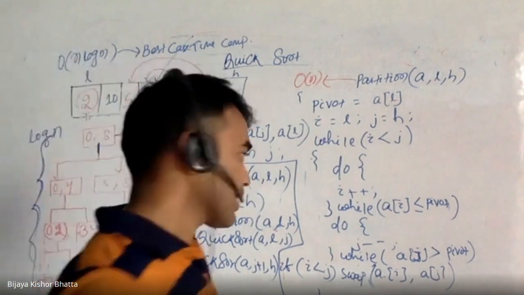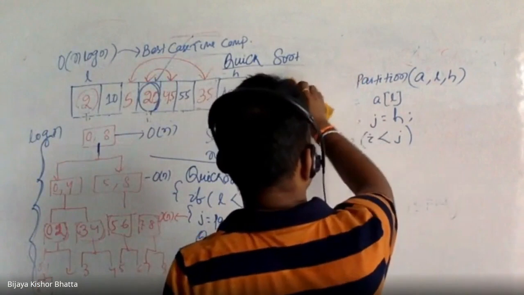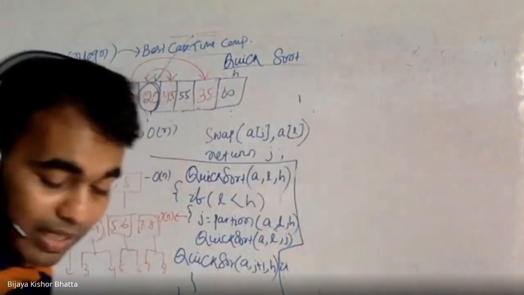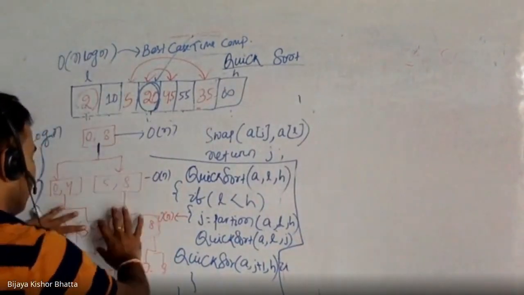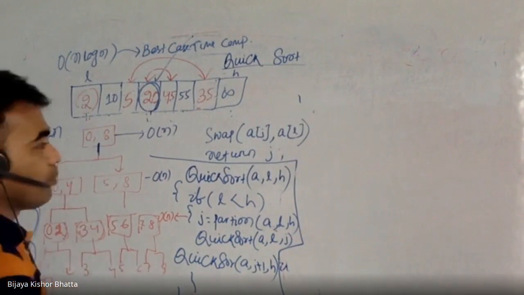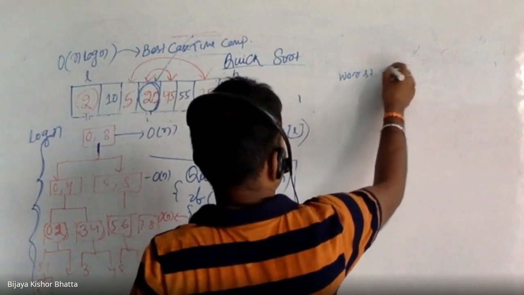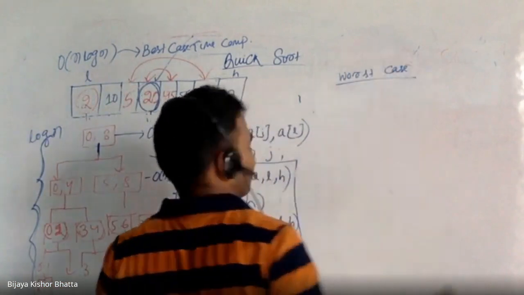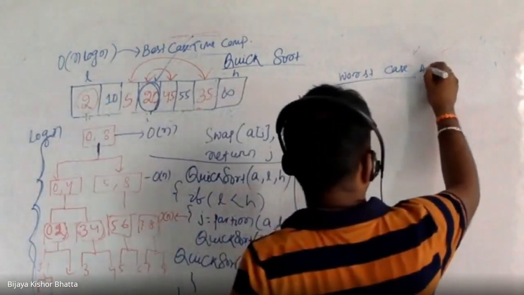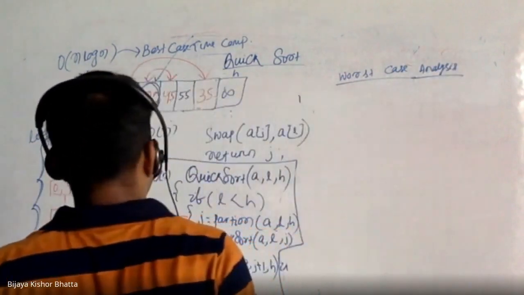Why is this the best case time complexity? Because only in the best case will the partitioning happen in equal parts, right? That means it will be divided into equal form, and the height of the tree is almost the same for each level. But what about the worst case? Okay, and this is one of the important questions, right? And when will the worst case happen? Now we are going to study the worst case analysis of quick sort, right? That is what we are going to study.